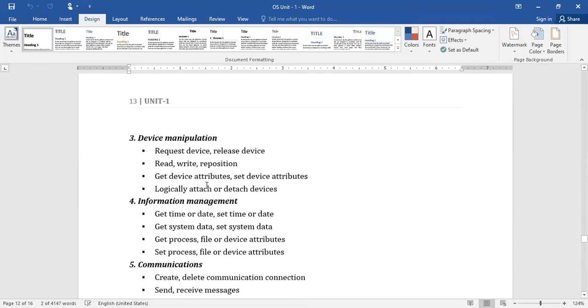Similarly, device manipulation. That means, as I told you in the previous example, if you want the services of an input device, we need to have a system call to do it. Similarly, for the output device. Suppose from an input device, by using the keyboard, we supply the input. In order to read this data, whatever content you have typed, to acquire or extract it, you need to use the system call. Similarly, the write. Similarly, the device attributes.